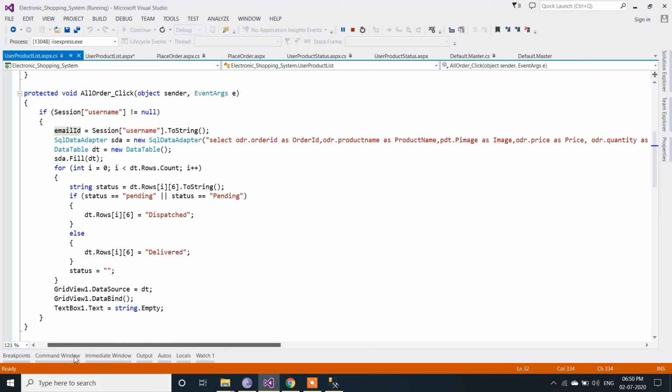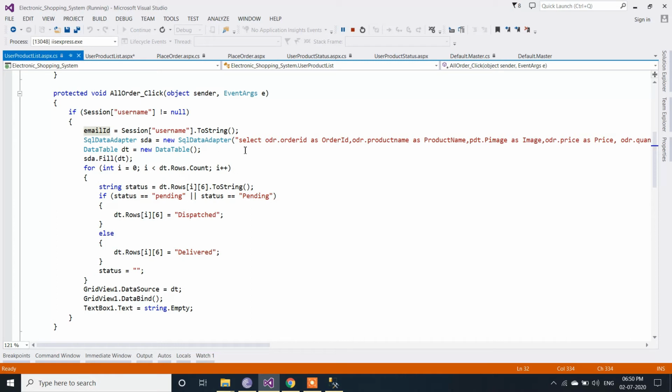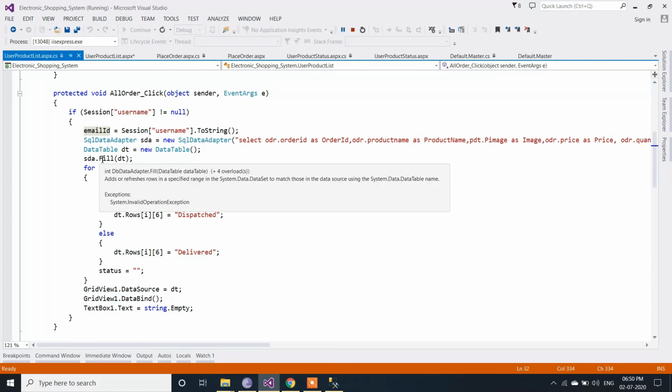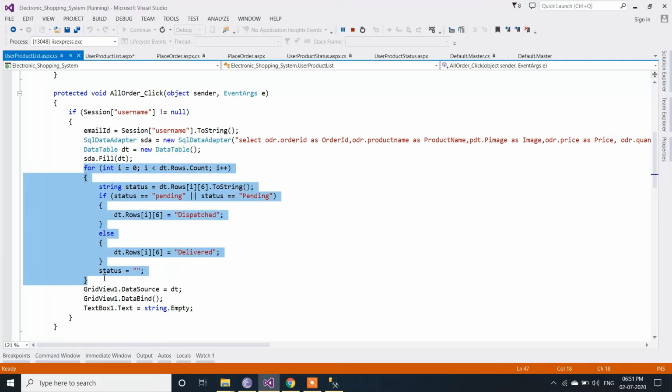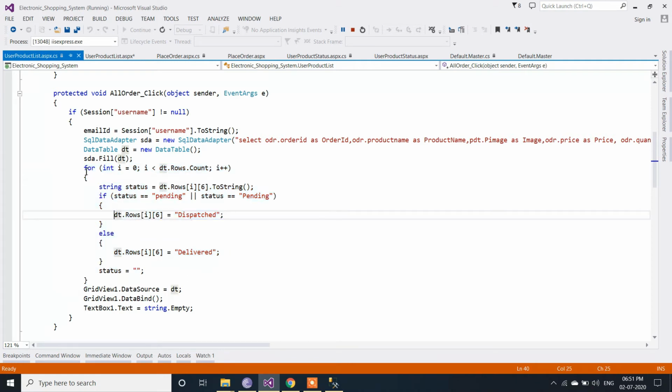After that, we have taken one data table for storing the data which is coming from this query. For storing that data in the data table, we have to use the Fill method which comes from the SqlDataAdapter class. After filling the data table, I have taken a for loop, because if you are getting more than one result and you want to make changes or modify data within the columns, we have to check inside a for loop.